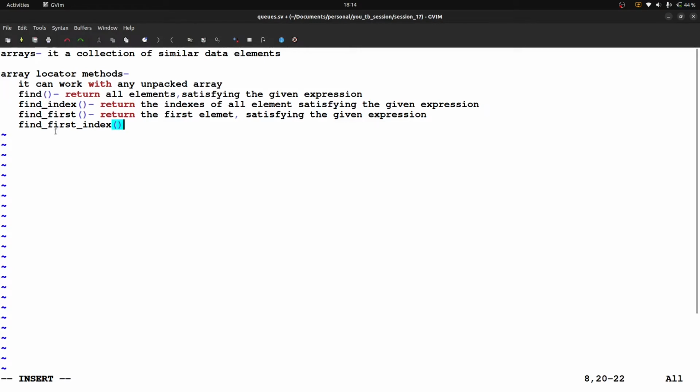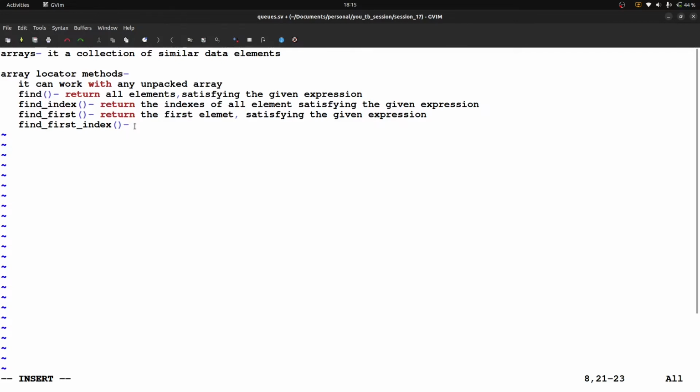As the name says, find first index, you can see the previous method works on the array element, means data, but this method performs the same functionality as find first but on the index, right?